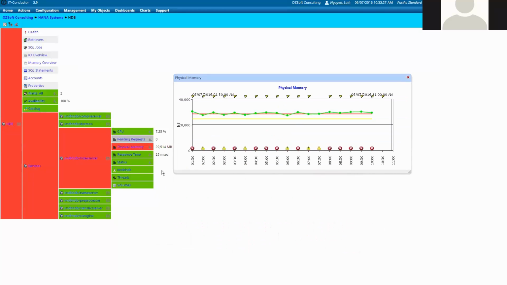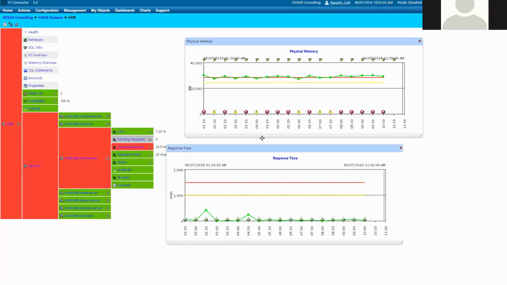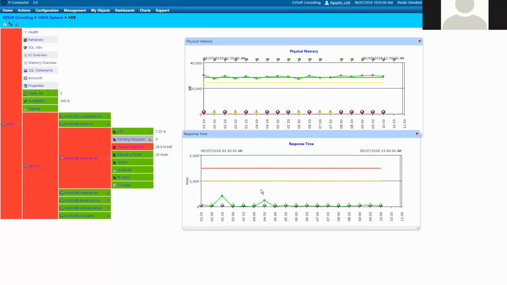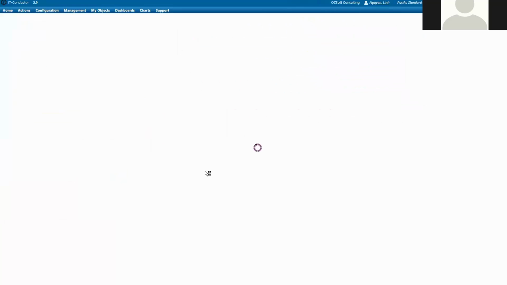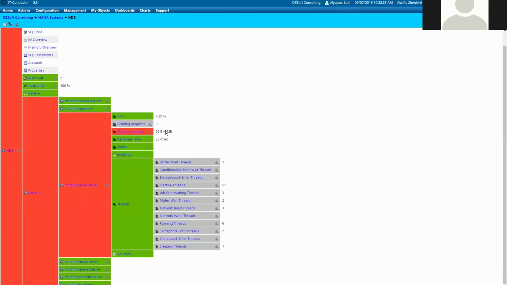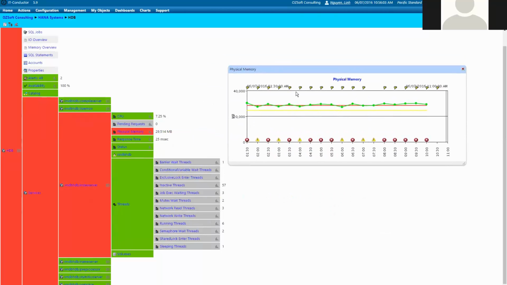All right. Now, what if I want to see why something like that happened? I can actually look at response time also, right? Is my response time related to my physical memory usage? It may or may not. What if I wanted to look at the service engine itself? I can further right-click and open up that leaf. And now I have the ability to see the grid with multiple areas that might interest me. So here I have my physical memory usage, maybe my CPU usage for that service,